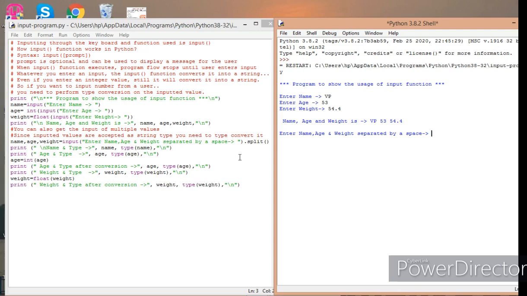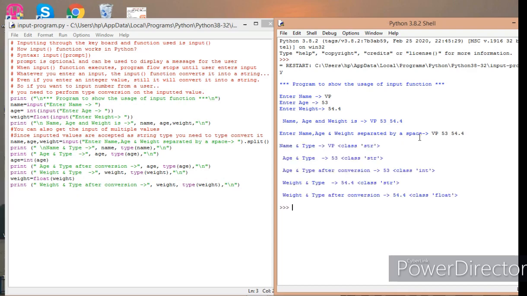Okay. So now enter name, age, and weight separated by spaces. I'll again give VP, then age 53, then weight 54.4. See here. It is giving me name VP, type is class string, age 53, type is string.